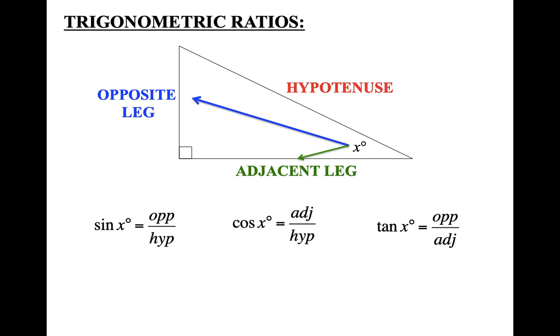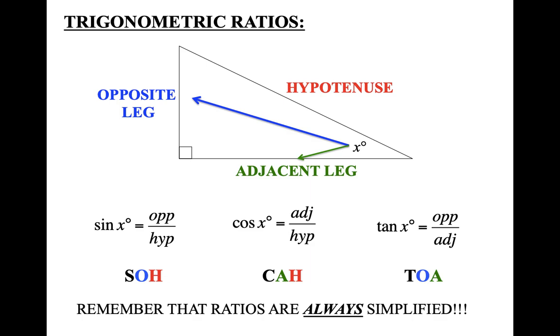One of the easiest ways to remember the trigonometric ratios is SOHCAHTOA. So SOH: sine is equal to opposite over hypotenuse. CAH: cosine is equal to adjacent over hypotenuse. And TOA: tangent is equal to opposite over adjacent. So oftentimes when I meet your parents at back to school night, they're like, oh yeah, I remember a lot of geometry. SOHCAHTOA. This is where it comes from. So maybe your parents will be able to help you out here.